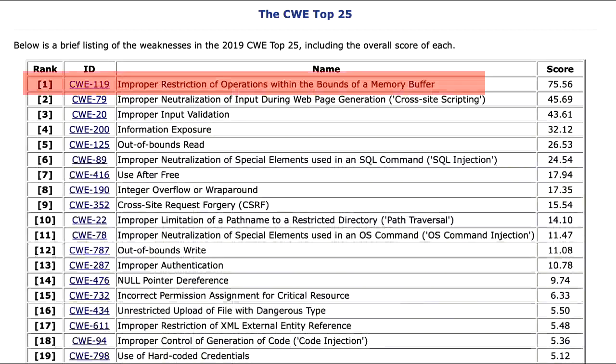So much so that I went and looked up this year's listing of the top CWEs. Each CWE is like a category of common weakness, like a type of vulnerability that you can have in your code. And they ranked them by how common they are and how severe they are. And this year it happened to be the top one. And it's been with us for decades, 2 decades, 3 decades, top 1, top 5, somewhere in there. Okay, so this is one reason why we're teaching you about buffer overflows.